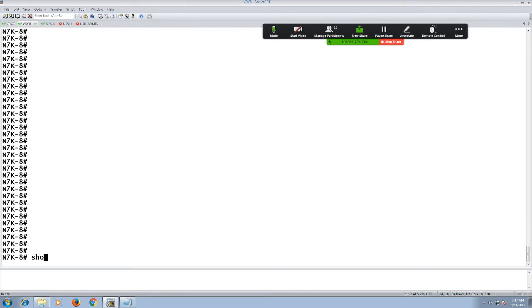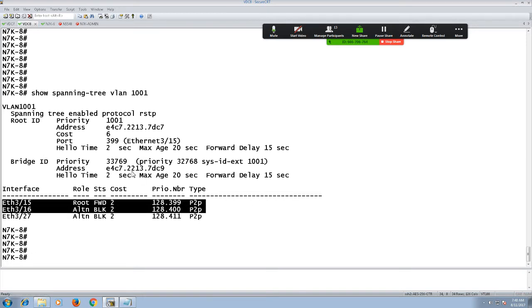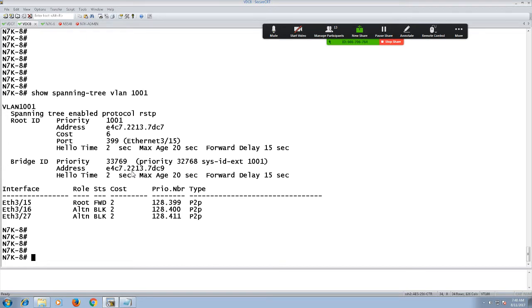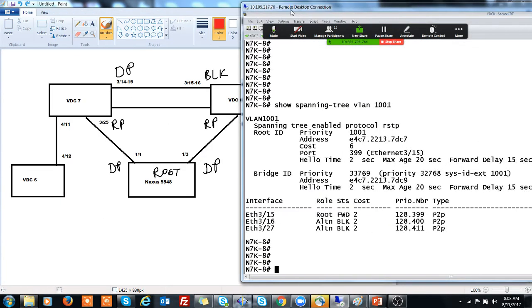Okay, so now if I take a look at the status, show spanning-tree for VLAN number 1001, you'll see that the port is in blocking status, 15 and 16. I think the other port is coming up as a root port. That's your 15. I'm not 100% sure what happened to 3/27.